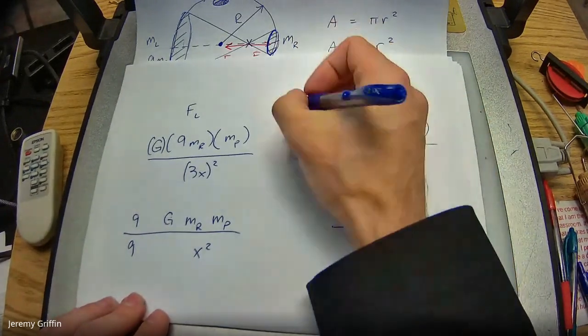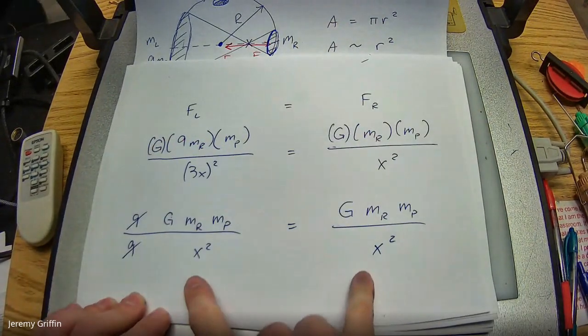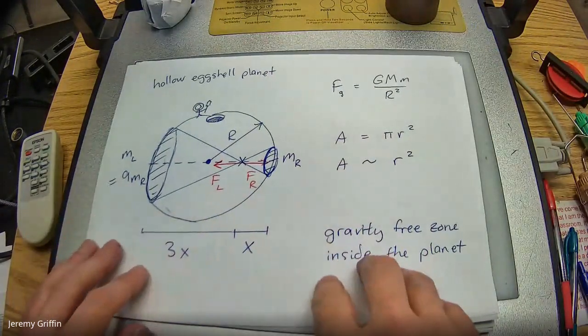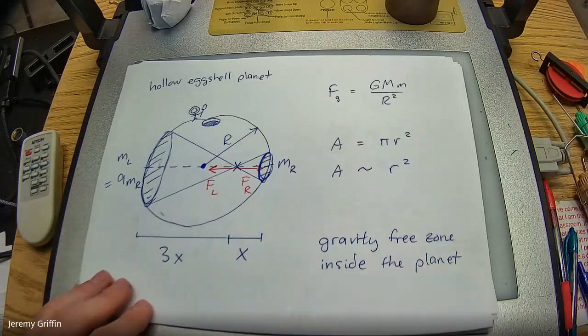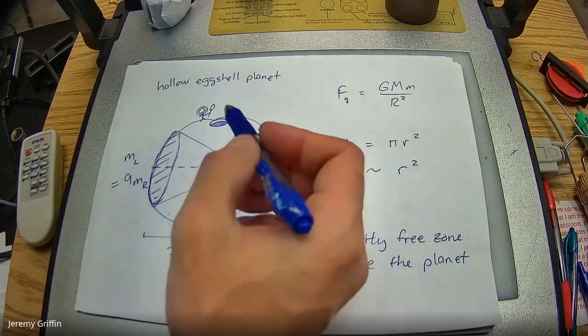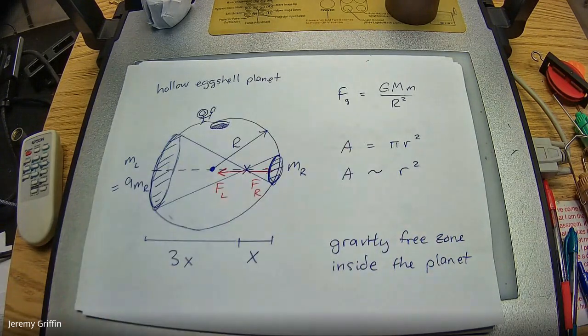And if you didn't see it before, I bet you can see it now. These terms are going to cancel. It's the same force, which means that you're pulled exactly as much left as you are right, which means gravity cancels out. It's a gravity-free zone on the inside. So the takeaway is that any mass that's above you in elevation, that's uniform all the way around, cancels out. And the only gravitationally attracting mass for a planet is mass that's beneath you in elevation. And that will be a setup for tomorrow.